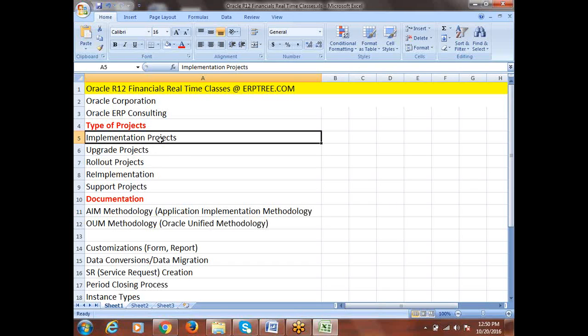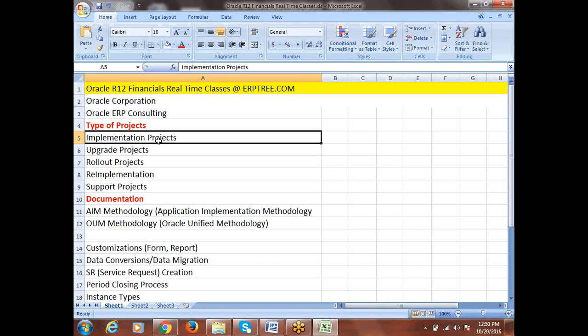And before we start with the implementation project, we'll try to understand that there will be a team from the consulting company and one team from the client. What are the roles they'll be having? What is the role of each and every consultant? When you talk about implementation, primarily we'll be having roles like functional consultants. Definitely we'll fall into functional consultants only, especially financials, right? We'll be part of functional consultants, working as a financial functional consultant.